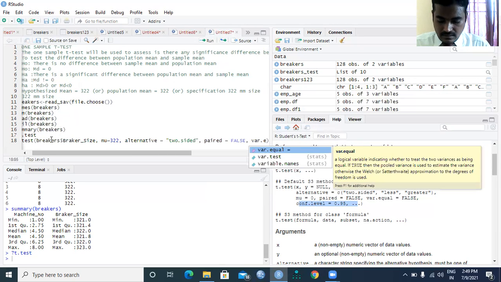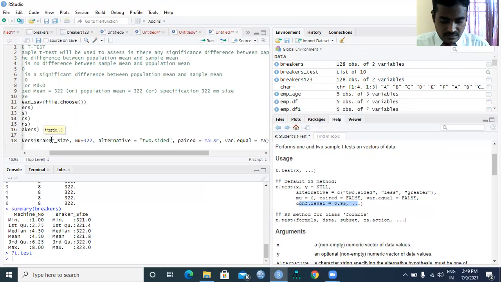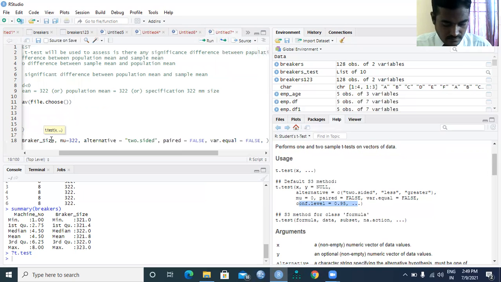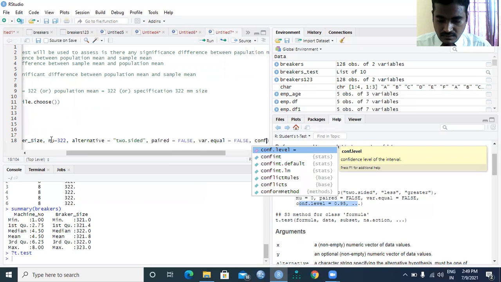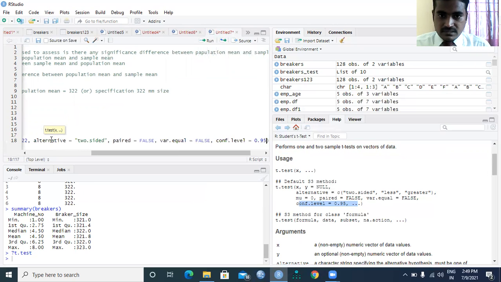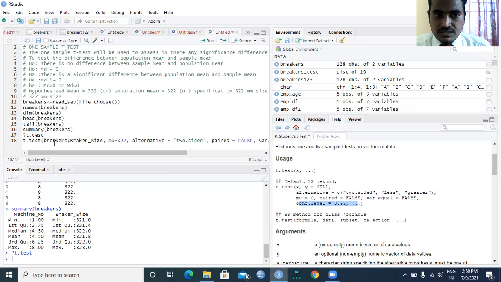Variance equal is false. Confidence level is 95%, which I am using. So I'm repeating once again what the formula is. The t-test, with the breaker size variable, right? And my hypothesized mean, my specification for the size of the breakers, is 322 mm,